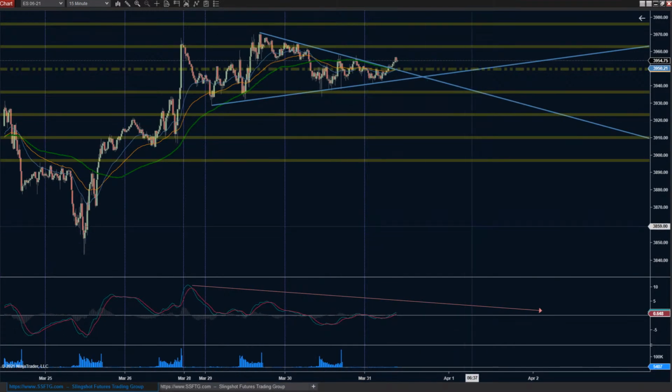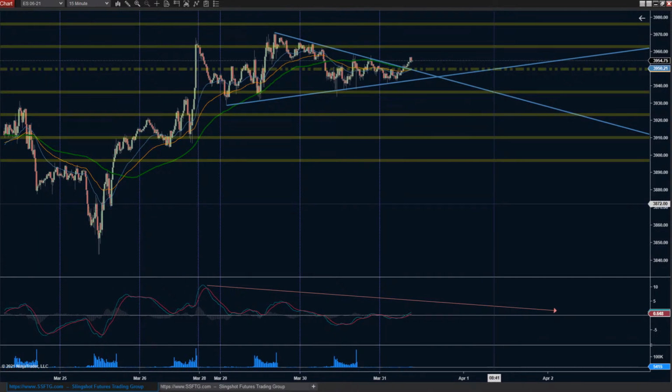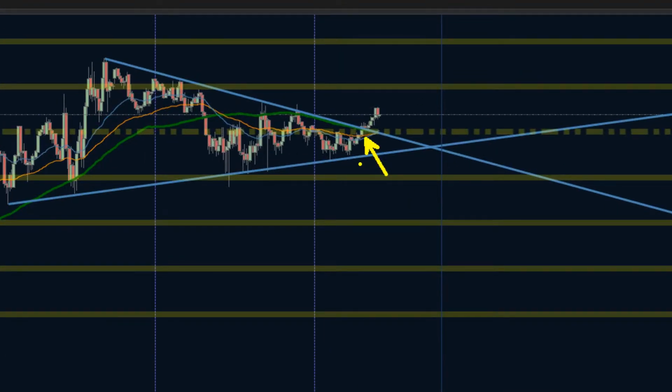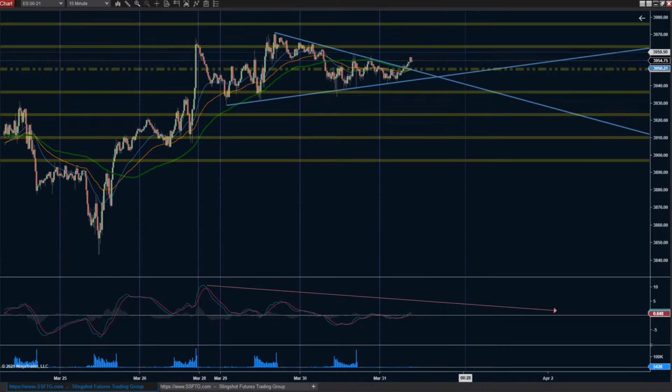Over on the S&P, we are breaking above the wedge top and showing quite a bit of continuation. I mean, this is one heck of a string of bars here that we've got to the upside, and they are showing some really, really good strength. The big question now is, are they going to be able to break above these previous double top swing highs at around 5850, 5950 in that zone?